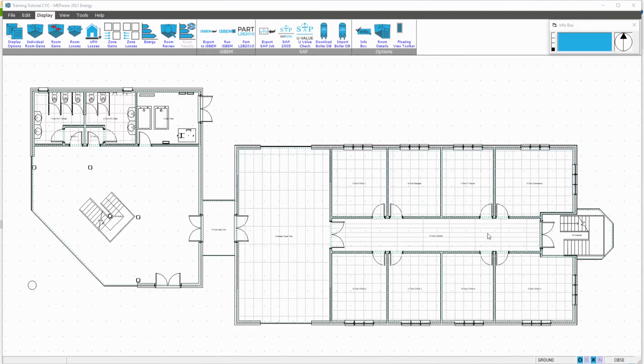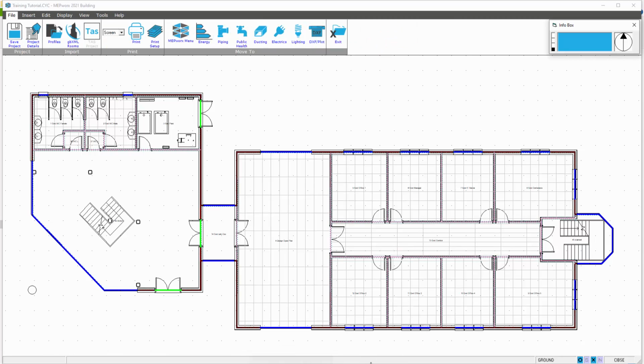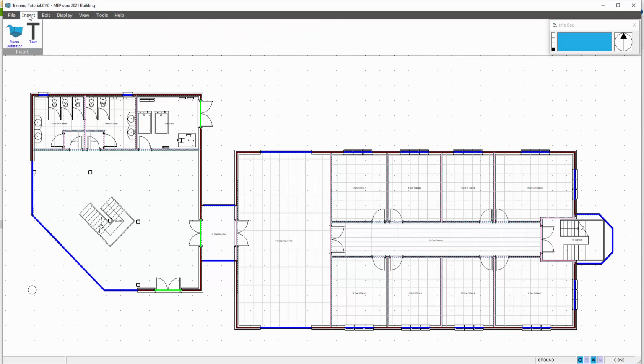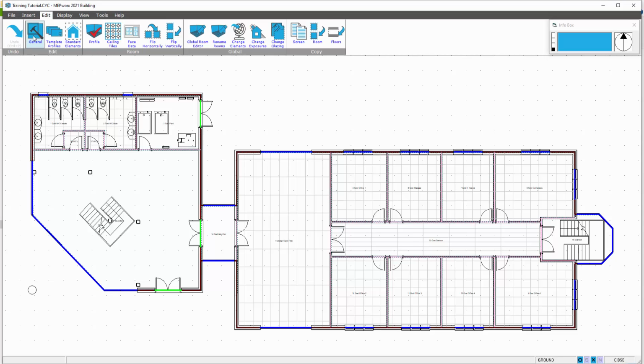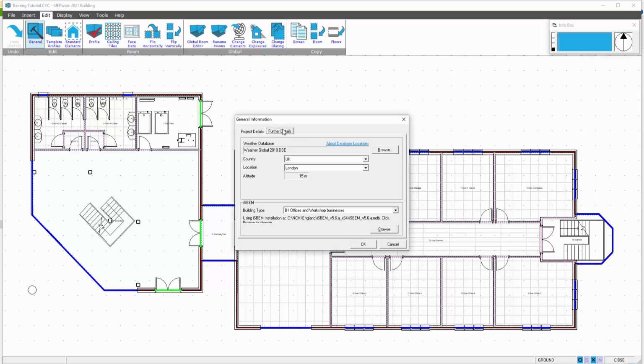This video looks at exporting to iSBEM. So as a recap, we are currently in the energy program. We need to make sure we have pathed the iSBEM correctly in the building program. So we go to Edit, General, Further Details tab, and you can see here we have pathed and browsed to